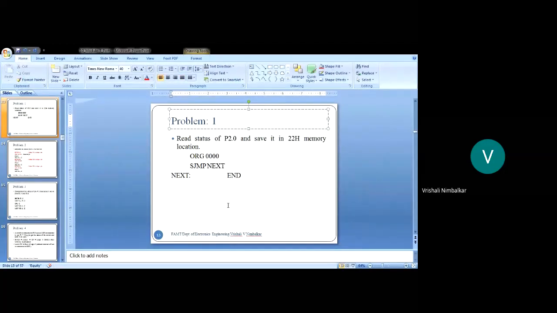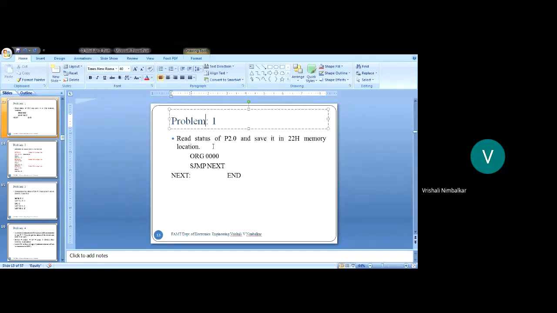Now, whatever we have seen, a few things you should remember. Whenever the microcontroller is reading the pin, it should be initialized as input first. This is one thing to remember. And if you want to operate on the pin, data should not be the source and the destination at the same time. Just remember these 2 points.